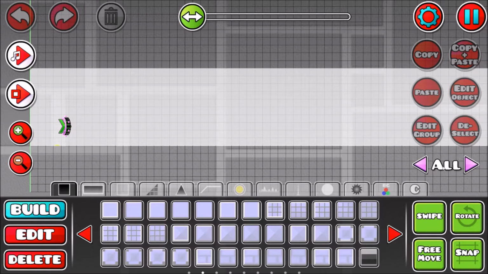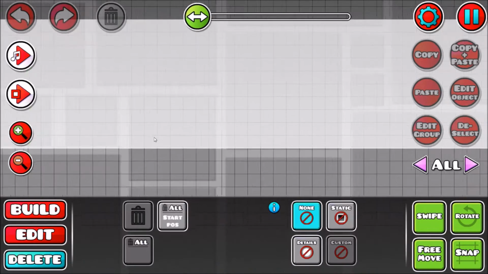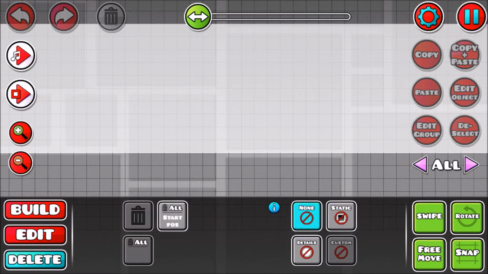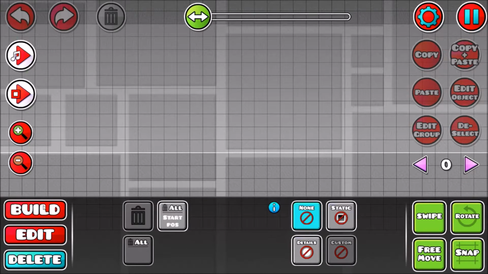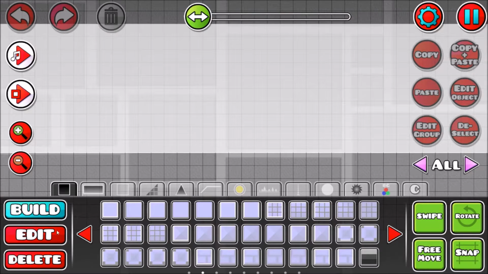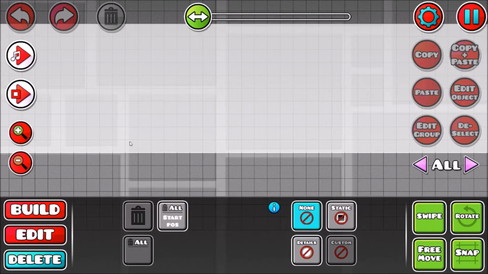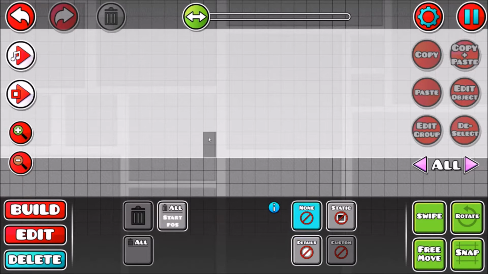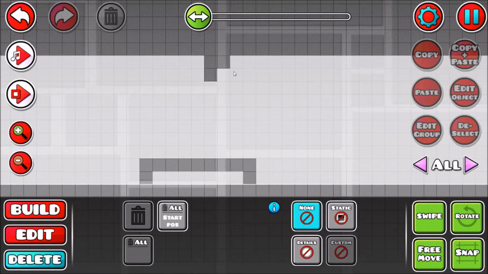And I'm going to put it onto preview mode now. And what you want to do is wherever you want to build some blocks actually first. Okay. So first I'm going to delete where I want my blocks to go. So I'm just going to put some platforms going up